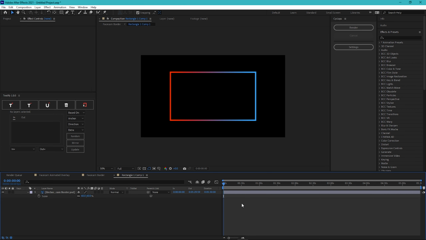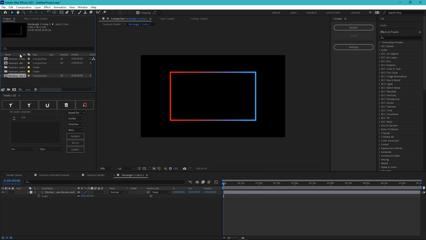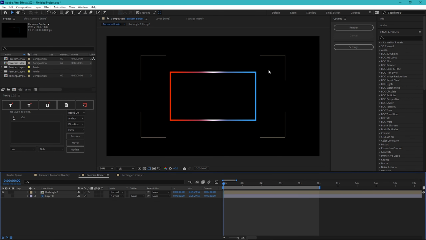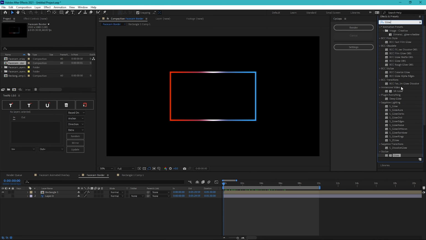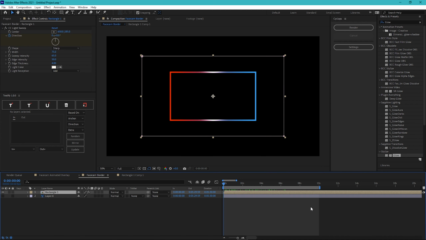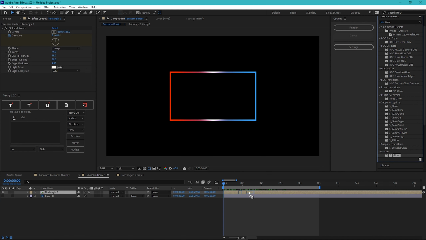Then from there, what you're going to notice is when we click back to our face cam border composition, it is going to look smaller, which is completely normal. Once this is completed, go up to effects and presets, and type in glow. I have a lot of plugins installed, but the one you're really going to want to look for is under stylize, and that is the default After Effects glow. Grab the stylized glow and drag it onto our pre-comp.